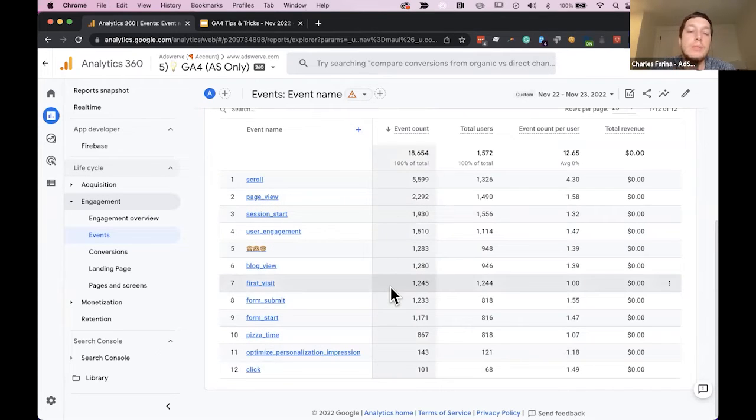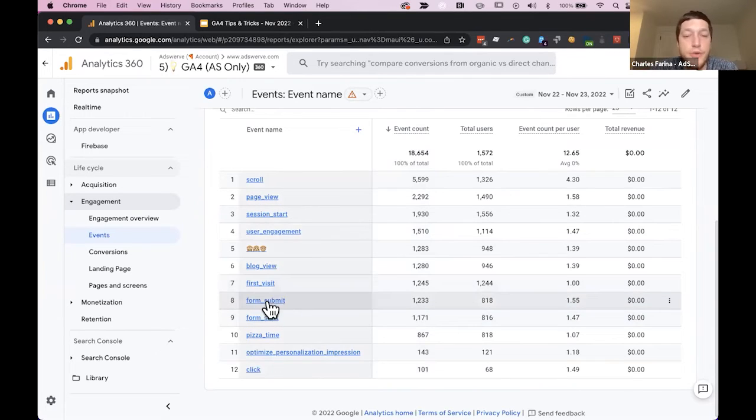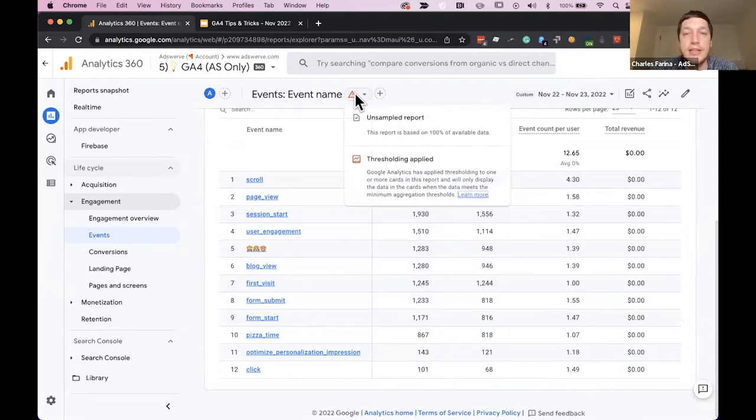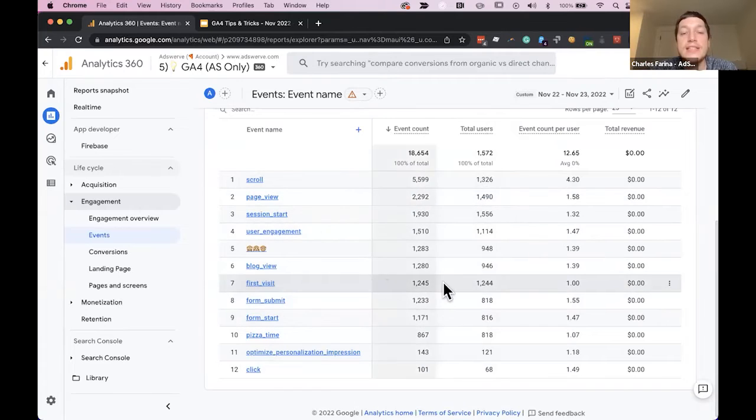So this is a real problem for a lot of websites that have a small amount of traffic, or if you have something that just occurs very infrequently. So some of my customers, as an example, their conversions, like their form submit, might only happen 10 to 20 times a month. And this thresholding setting might actually be preventing you from being able to see by default who's actually converting. You're actually losing that entire row.